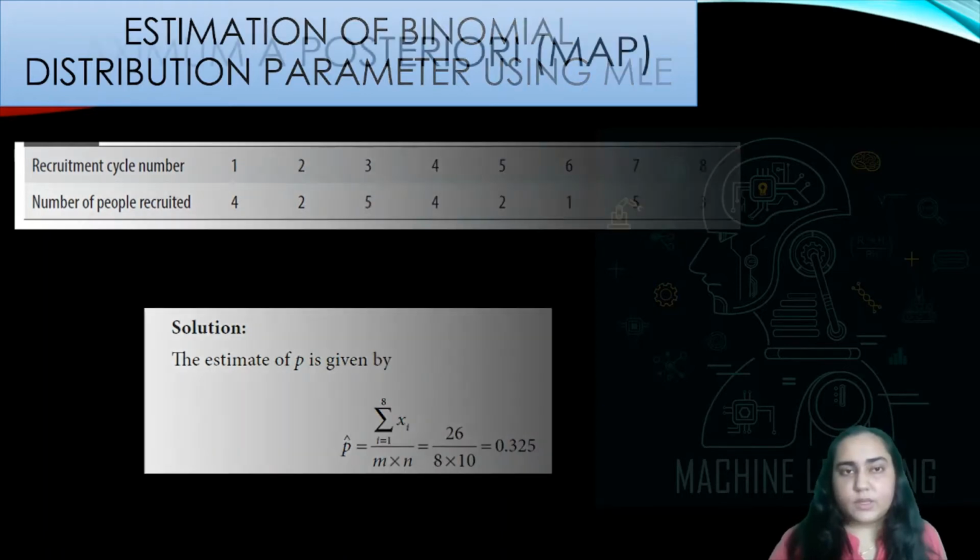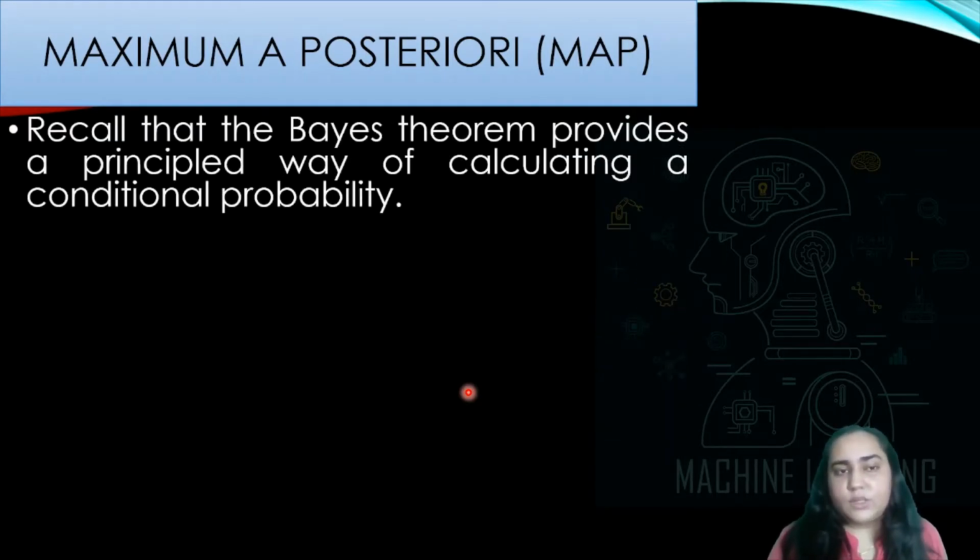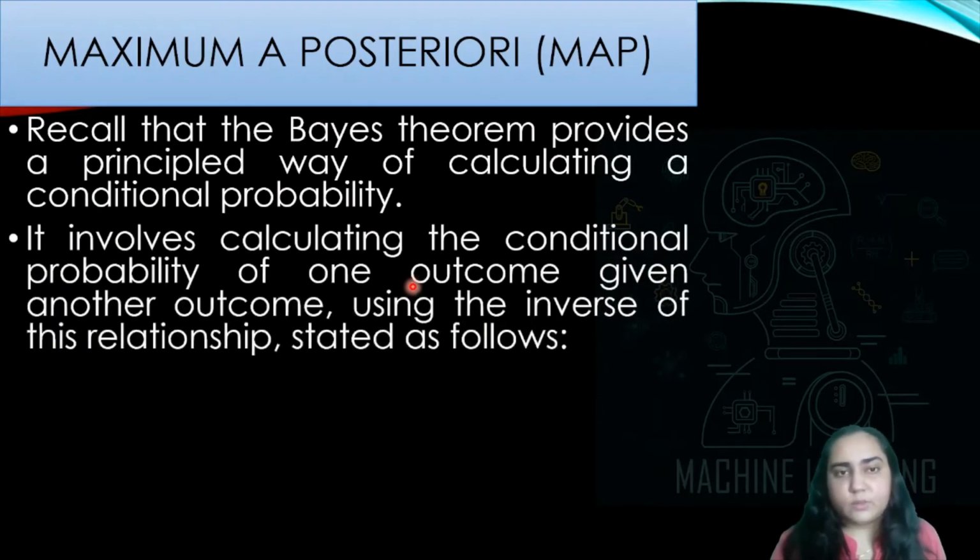Let's now talk about the next way to do parameter estimation, which is maximum a posteriori, also known as MAP. This uses the Bayes theorem, which we have studied extensively in our videos. You could refer to those if you've forgotten. It also uses conditional probability, because Bayes theorem is based on conditional probability. It involves calculating the conditional probability of one outcome given another outcome, and then using the inverse of that relationship